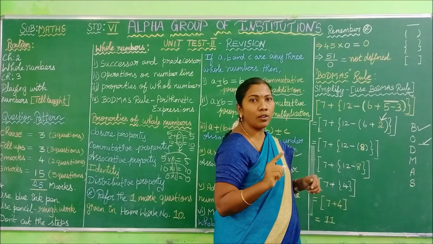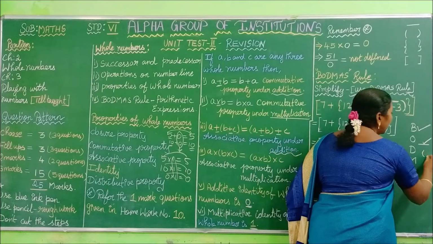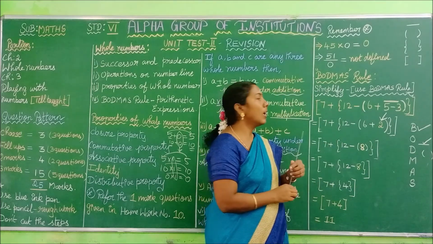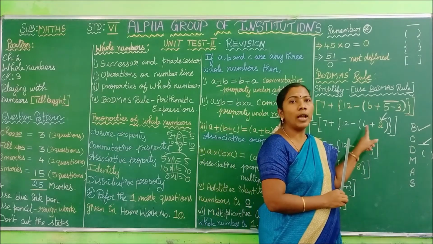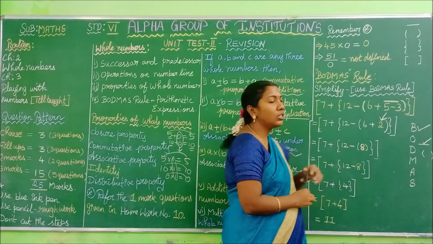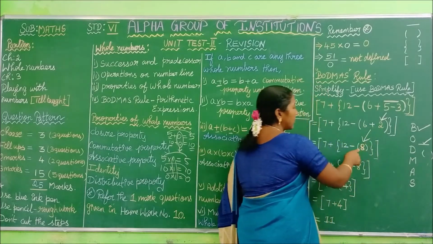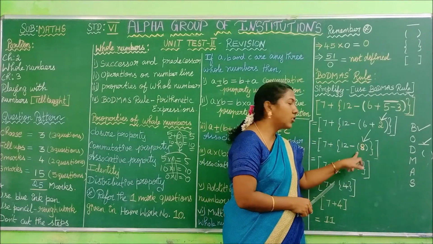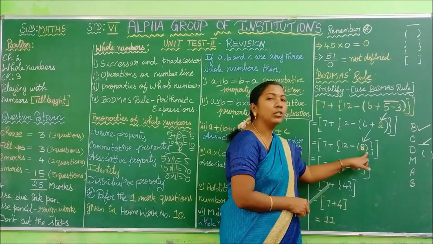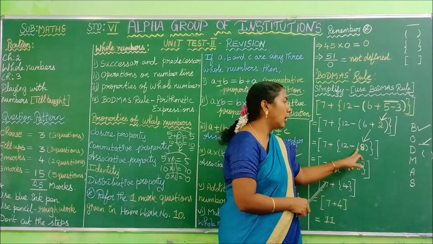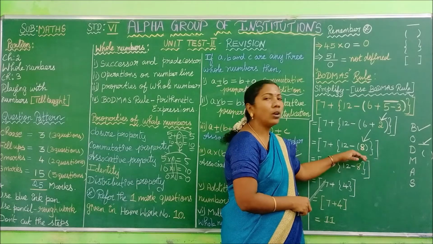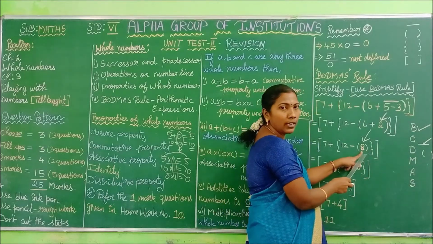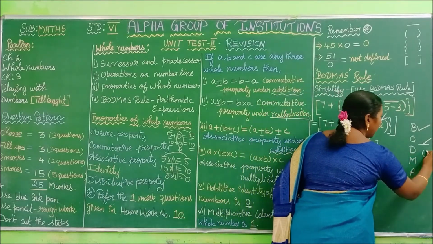Next we have to evaluate the simple bracket. Within the simple bracket we have two numbers. What are they? 6 and 2. They are in the operation of addition. So you have to add the two numbers. 6 plus 2. What is your answer? 8. In this step, children, listen carefully. You may use the bracket or you may write the answer straight as 8. There is no need to put the bracket here. For your understanding purpose, I am putting the bracket here. There is nothing wrong in writing it in this step. 6 plus 2, what is your answer? 8. Thus we have evaluated the simple bracket also.